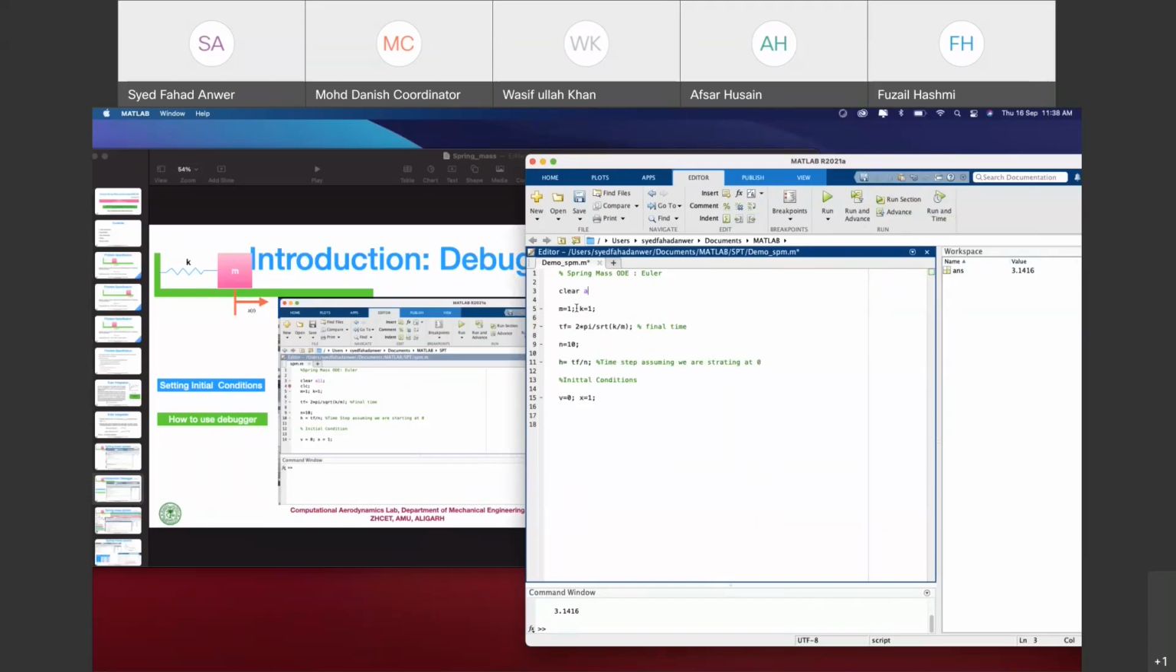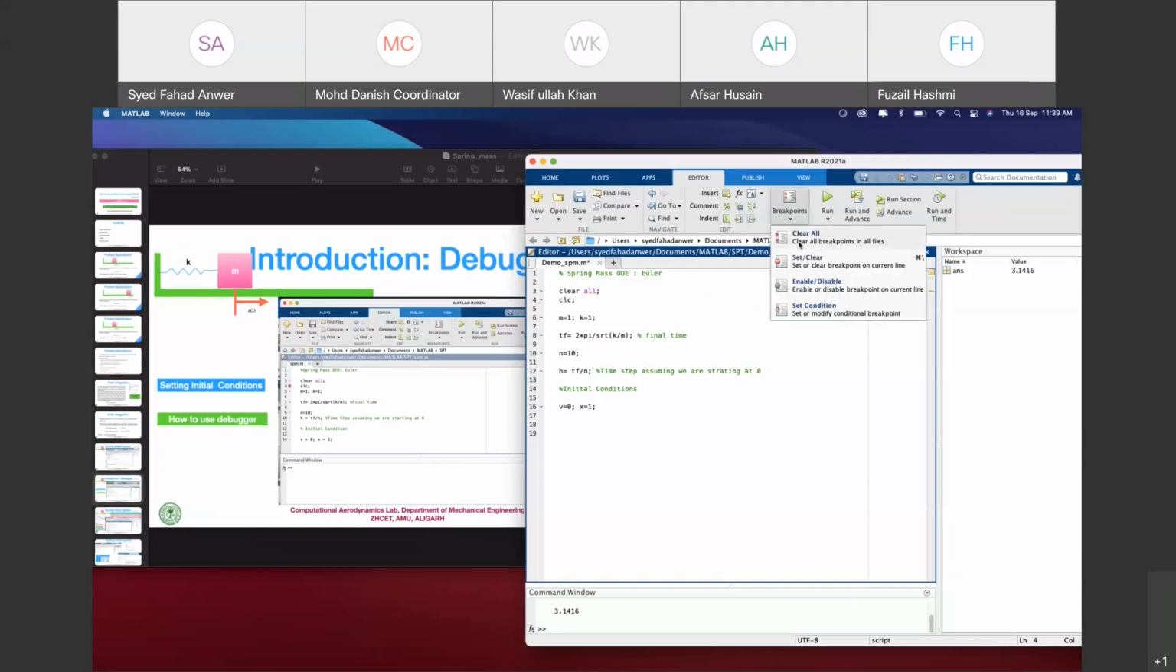cleared, and the command also doesn't have any history. So if that works or not, then for this we can create the breakpoints. So now you can see that